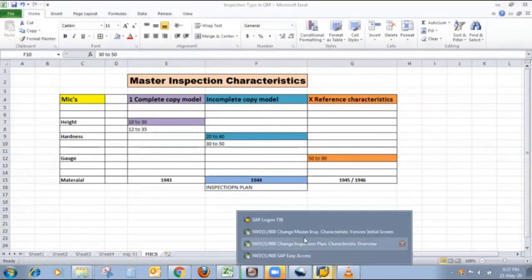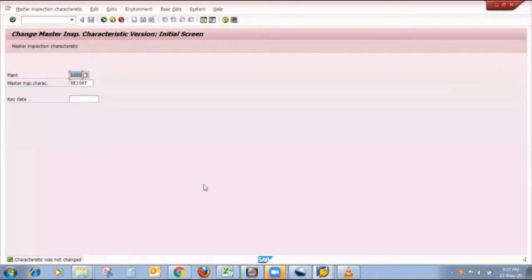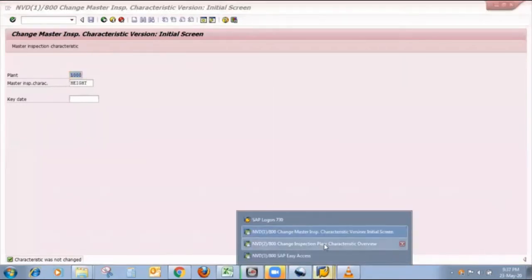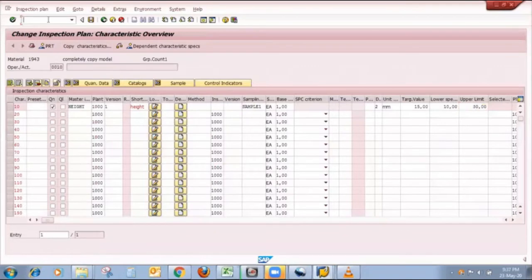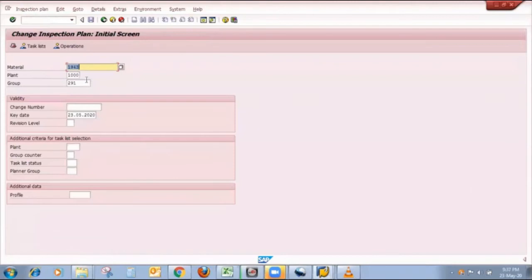The T code for change inspection plan is QP02. Here I maintain my finished material 1944. Here I maintain my plan, enter.